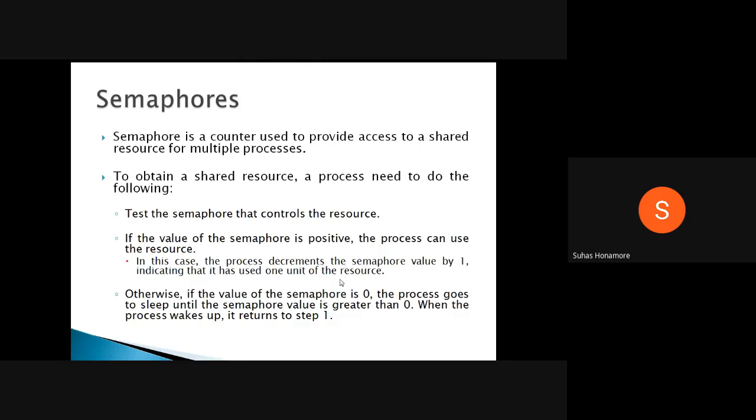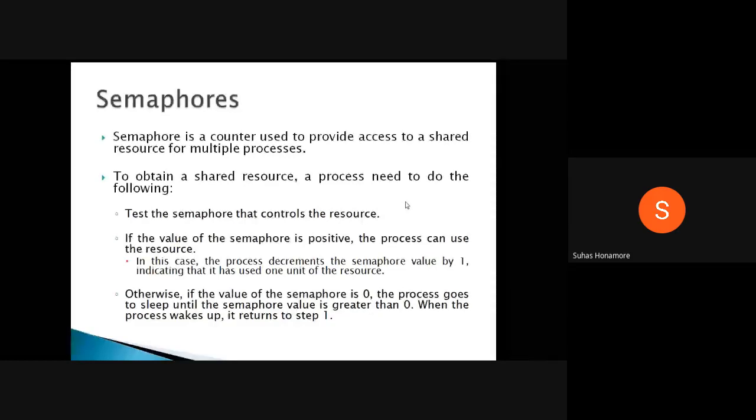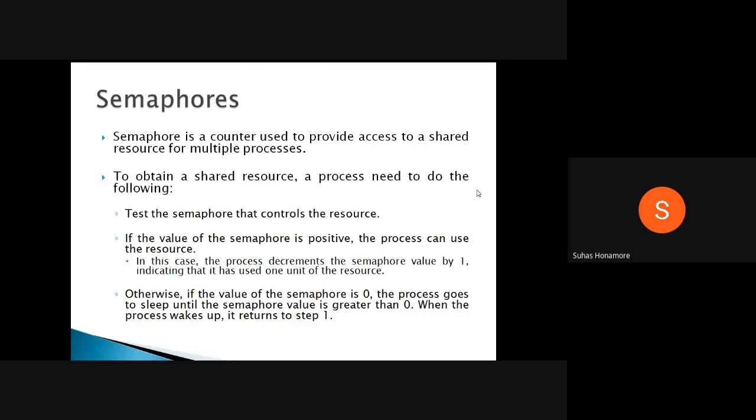Whenever one system tries to print, it automatically decreases the semaphore value, so it becomes 1. It means one more printer is available. If a second system also wants to print something, it will also decrease that value, so it becomes 0. Now if another process or system wants to use it, it has to wait until that value becomes greater than 0. Whatever resources we had, both are allocated to the different processes, so you have to wait until you get a resource. So this is the overview.